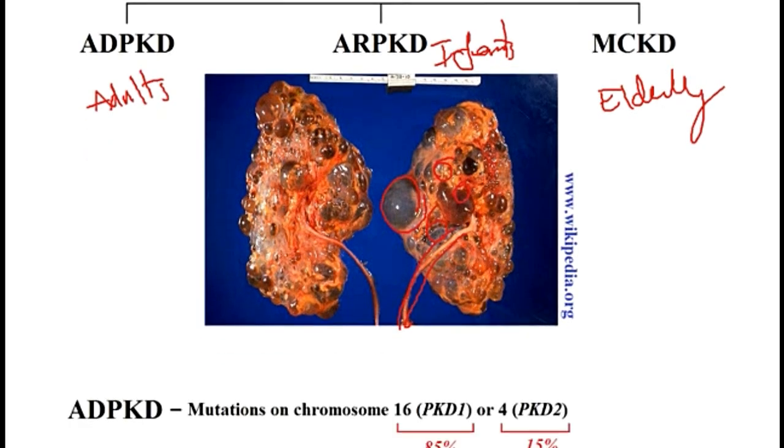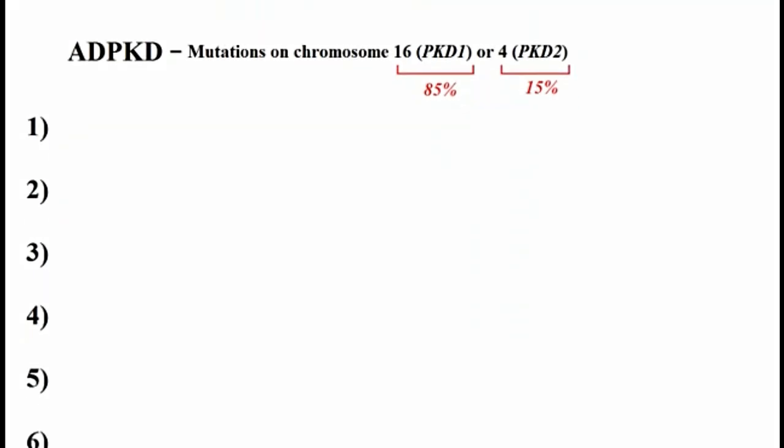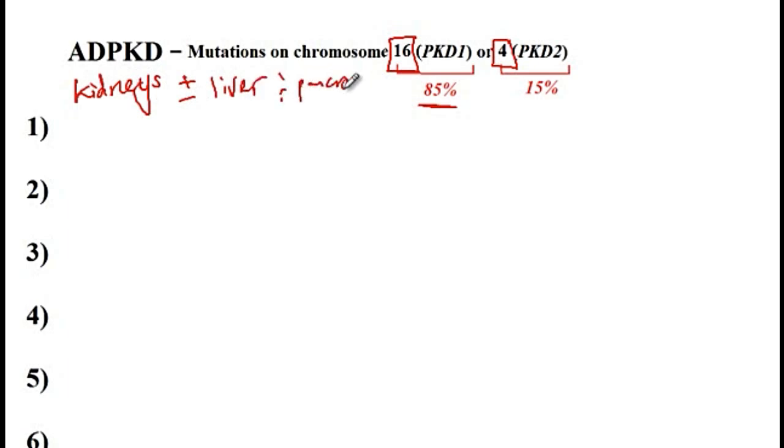So the first condition is autosomal dominant polycystic kidney disease. 85% of the cases of this disorder are associated with mutations in chromosome 16, and then another 15% are associated with mutation on chromosome 4. These patients present with cysts inside the kidneys, and there is possibility of cysts also in the liver and pancreas. Clinical presentations of autosomal dominant polycystic kidney disease include